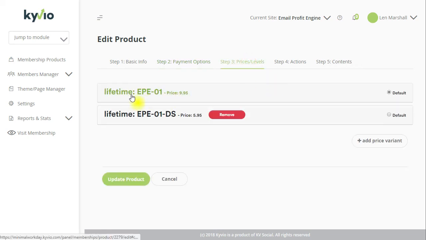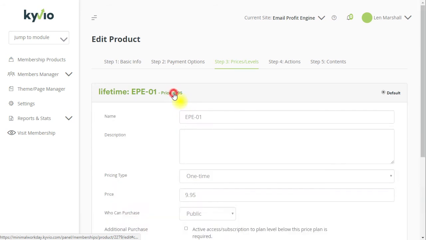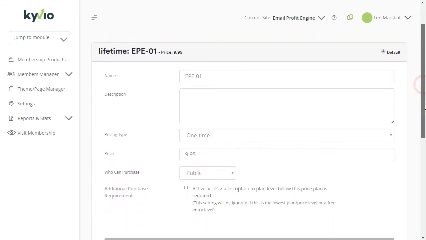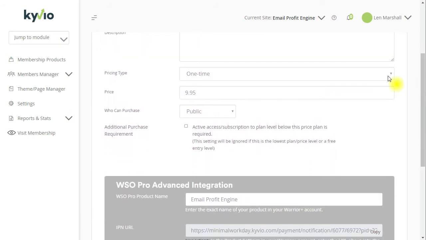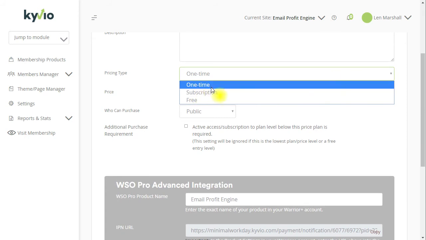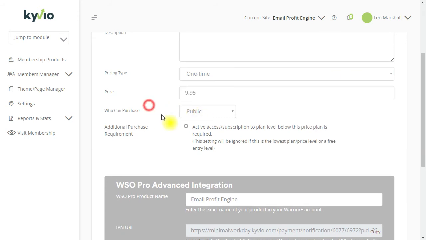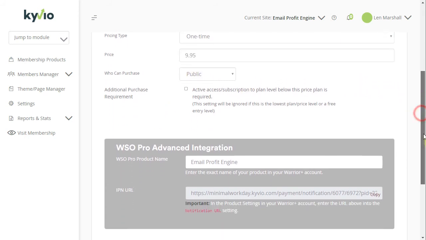You can set up price levels, including the type of payment. Is it a one-time, a subscription, or free? Who can purchase it? And then down here you would have your